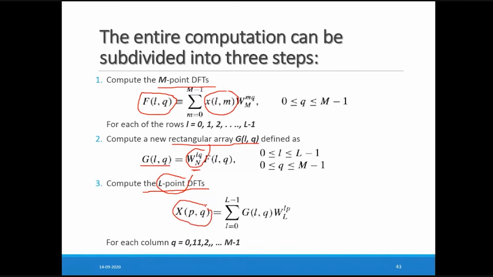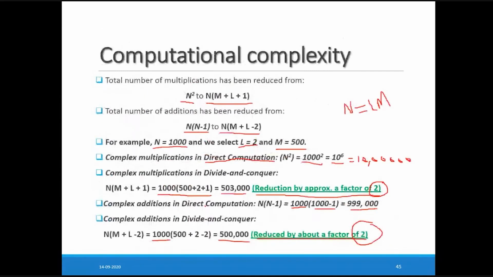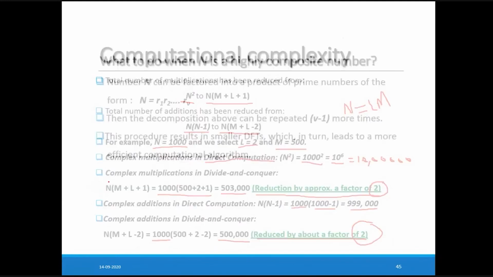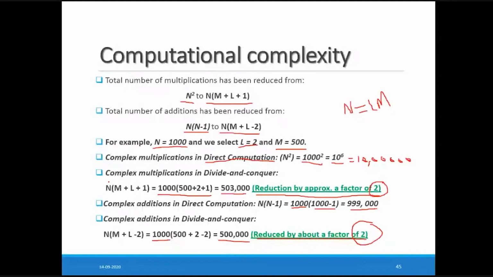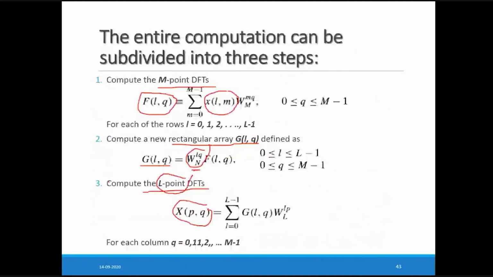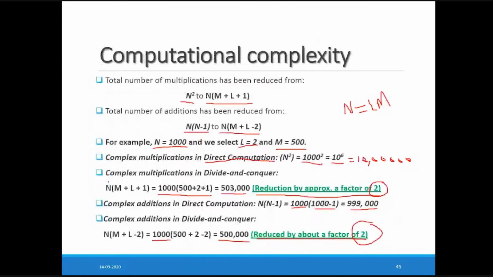Ekta? Hello. You got your answer? Sir, can you take to the next slide? This one? Just a second. Yeah. No, sir, where we have defined that G of 0, 0 and all. Okay. Yes.